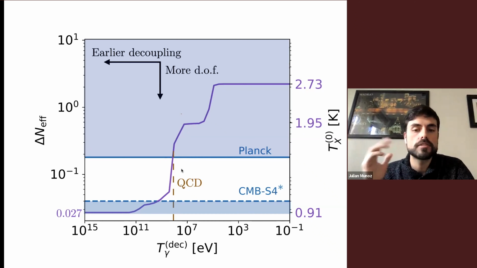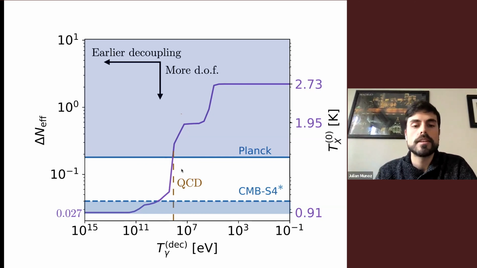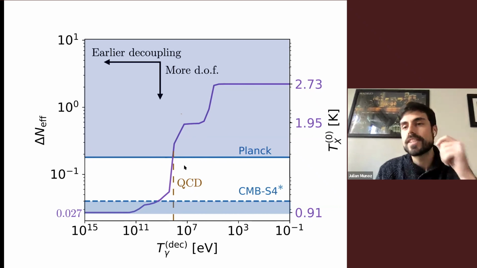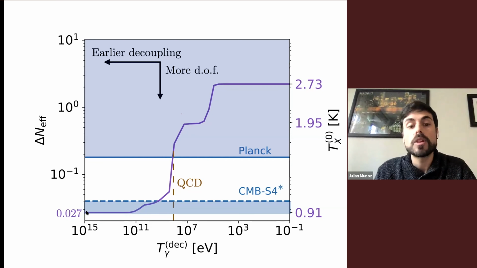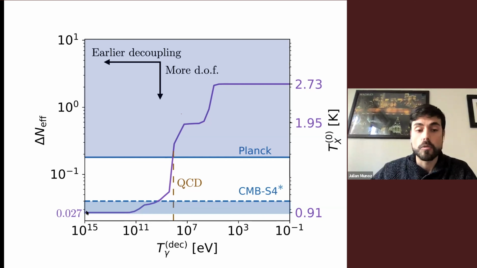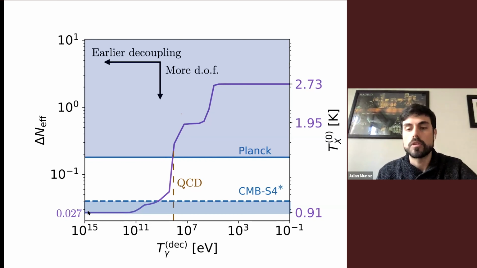And the hope is that CMB-S4 or experiments like it will be able to bring this down to the 0.02, 0.03 level. That is hopeful because we'll be able to probe much more of this parameter space and find new particles. But this still tells us that at the very bottom, this lowest prediction will be measured at 1 sigma at best. So either we'll get a hint that there's a relic, or we might not even see anything at all. And we'll still not be able to rule this out at enough significance to convince ourselves there was nothing